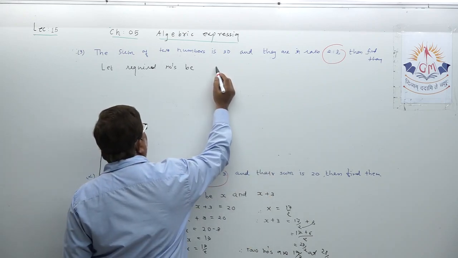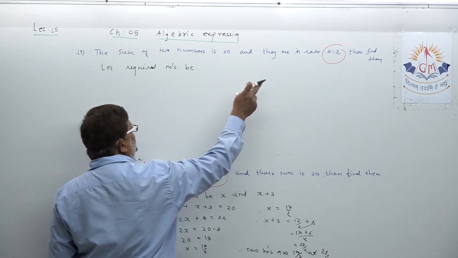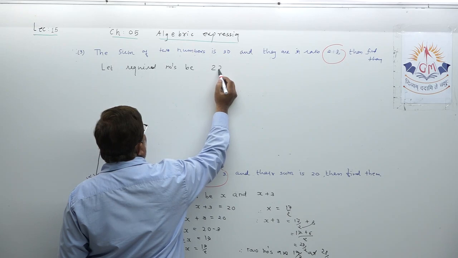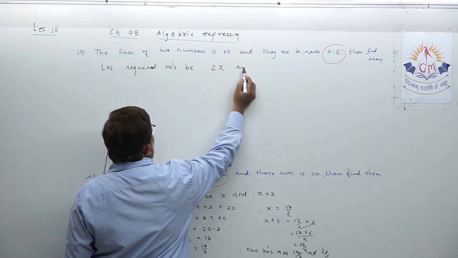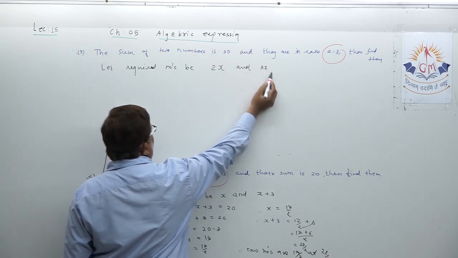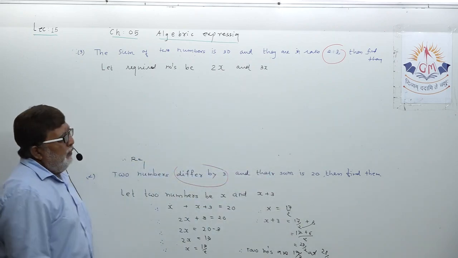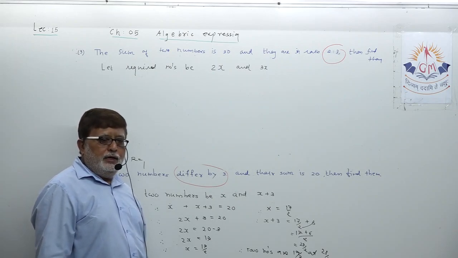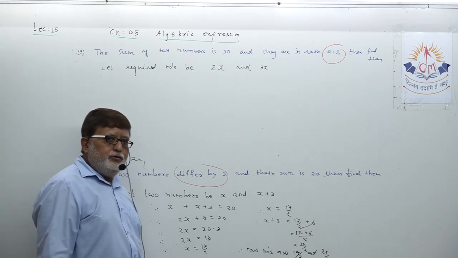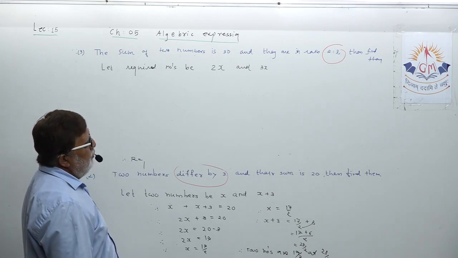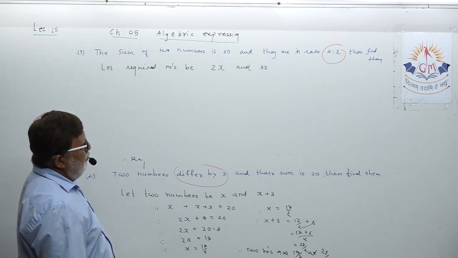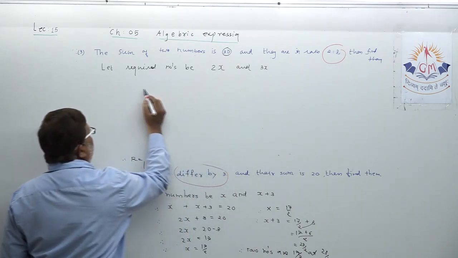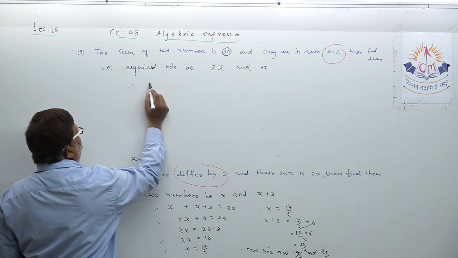two numbers have been given in the ratio 2:3. So because two numbers are given in proportion, can I write one number as 2x and another number as 3x? Please be conscious. The encircled data will always give you an idea how you have to suppose two numbers. So two numbers are supposed. One is 2x, one is 3x. Now such a simple, their addition is 30. So can I write this way?